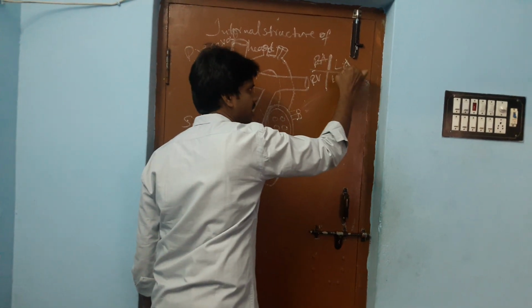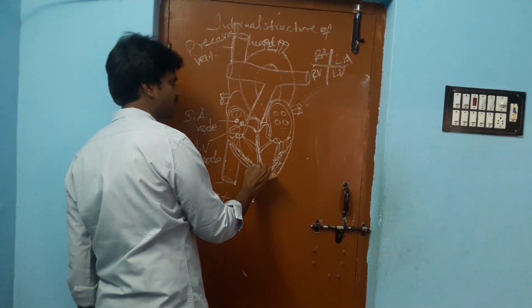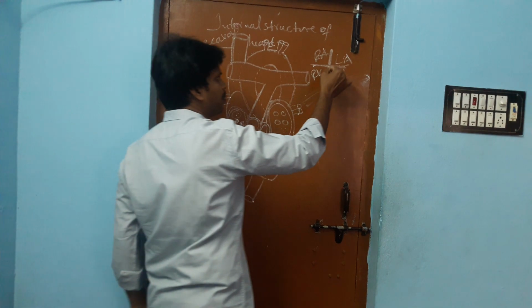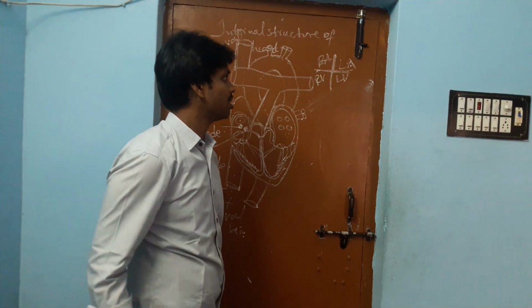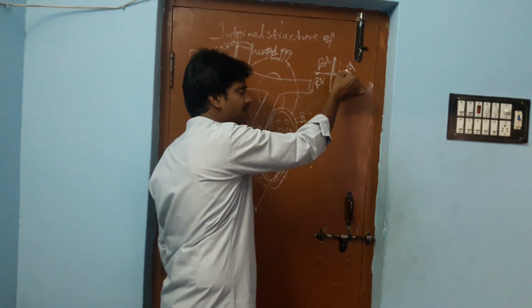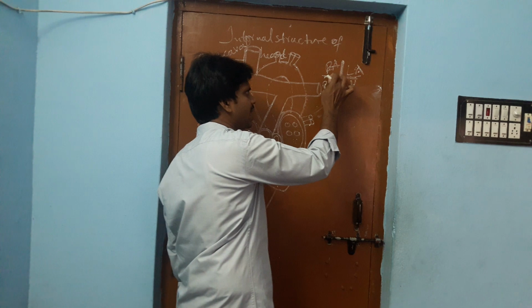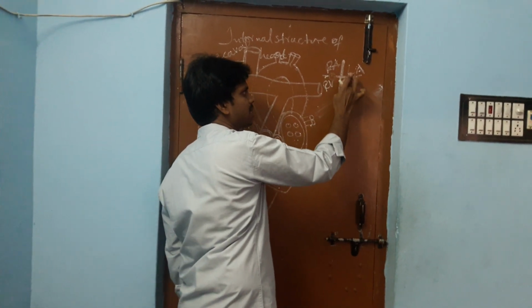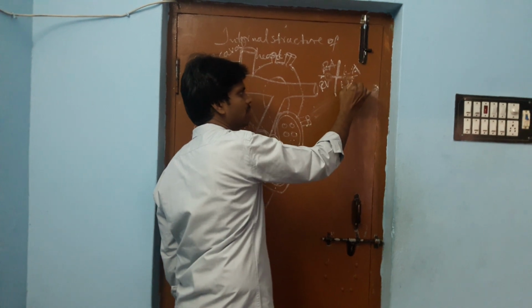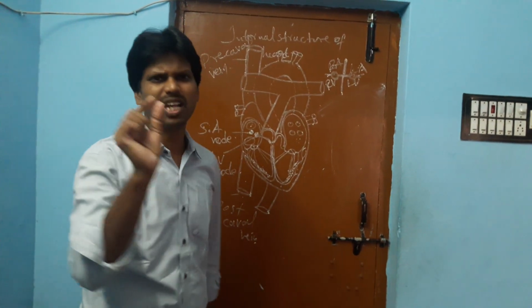the auriculoventricular septum. This is the horizontal line I have drawn. Here the septa are present. Here the interventricular septum is present. Generally these septa separate the chambers, but the right and left chambers of the heart are connected. For example, the right auricle opens into the right ventricle through the right auriculoventricular aperture. The left auricle opens into the left ventricle through the left auriculoventricular aperture. Aperture is nothing but a small hole.